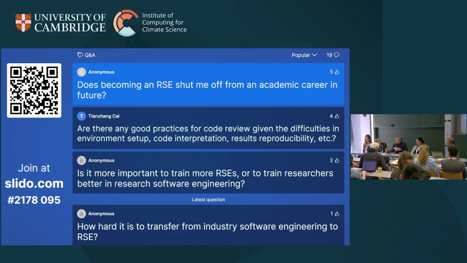Maybe not answering the question itself, but almost the inverse is that actually doing a job as an RSE can open doors academically for you as well. Although I guess there is the question, which someone else might want to cover, of the different career tracks. On an RSE career track, you're not going to go through a postdoc and then, I'm not sure what they call it, a lectureship and then a professorship,